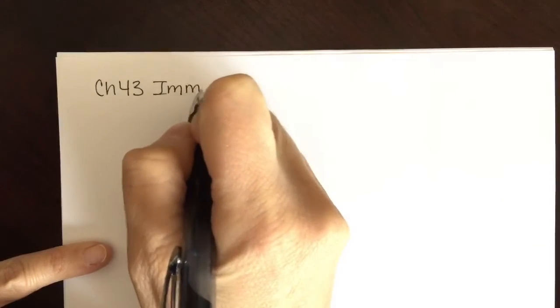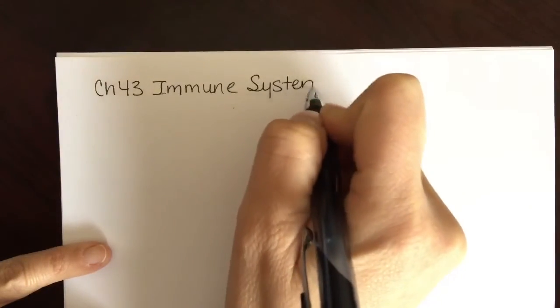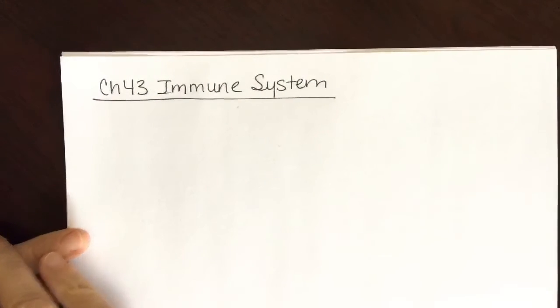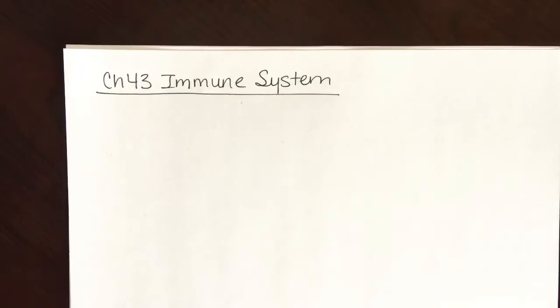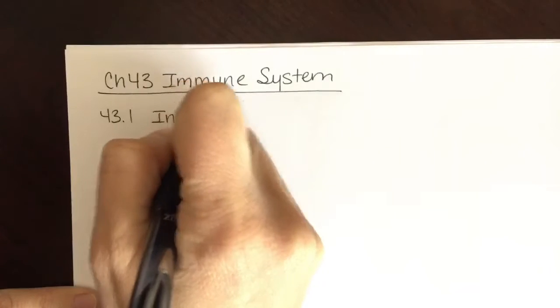Okay, so let's review the immune system, which is chapter 43, the immune system. The first section was really all about innate immunity. And if you remember, innate is immunity that you're born with. So 43.1 was innate